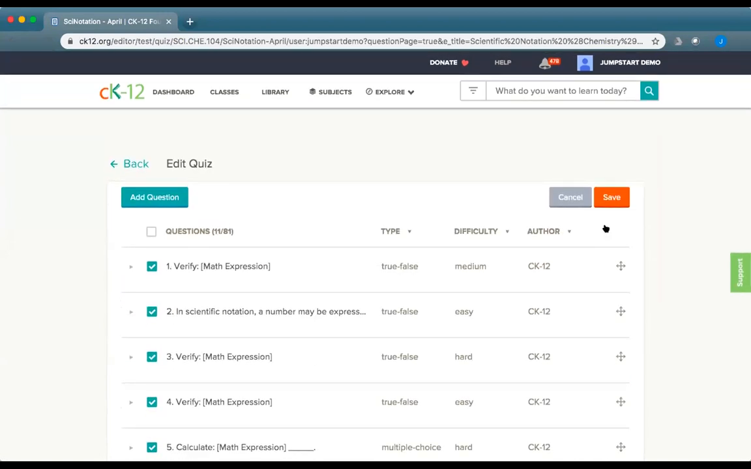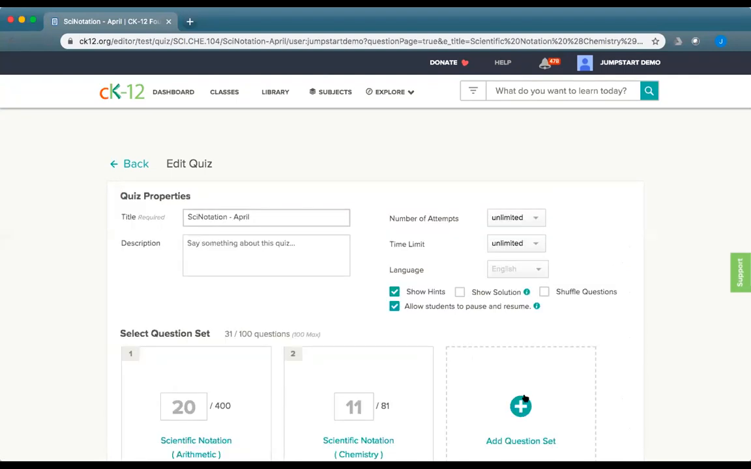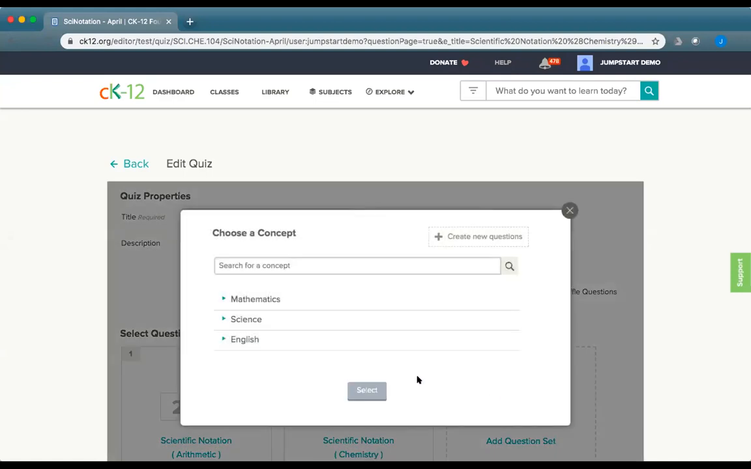Now, I'm going to go ahead and save this. If I wanted to create a brand new question set that wasn't tied to scientific notation, or if I was starting from scratch and needed one, I could go ahead and click this create new questions, or I could browse for a concept like I did before. And in the create new questions,